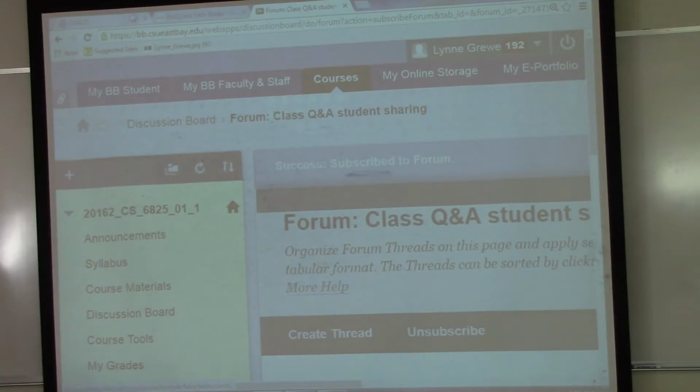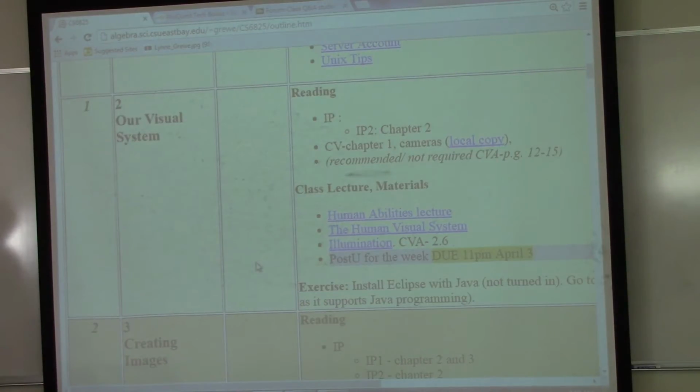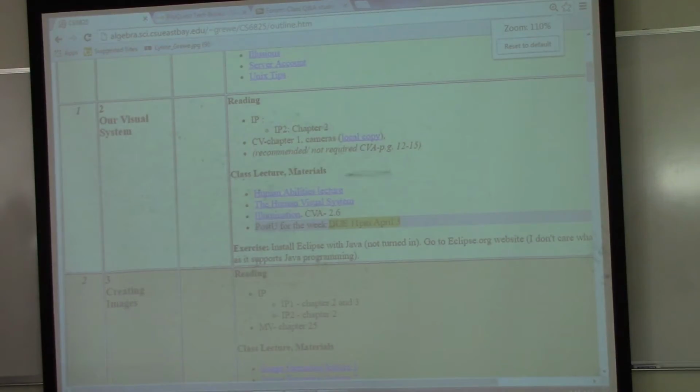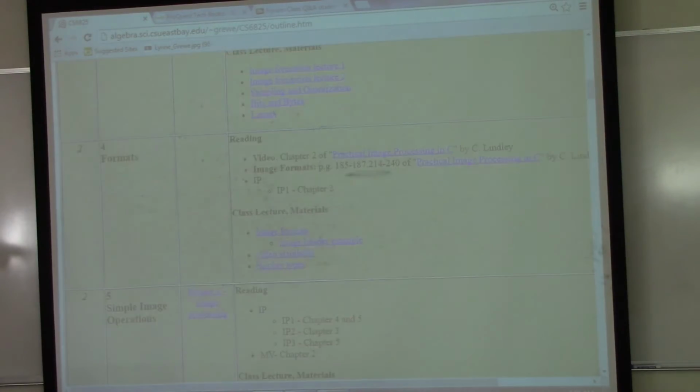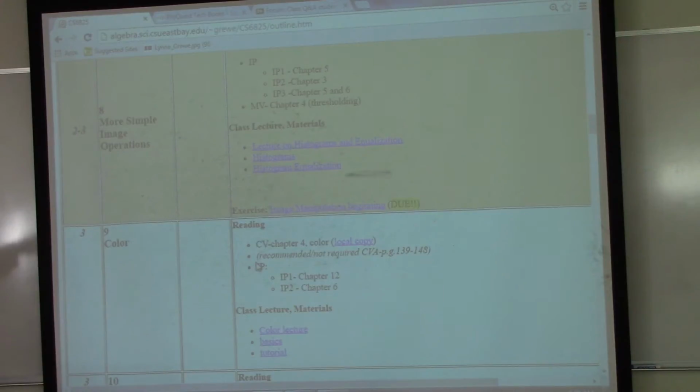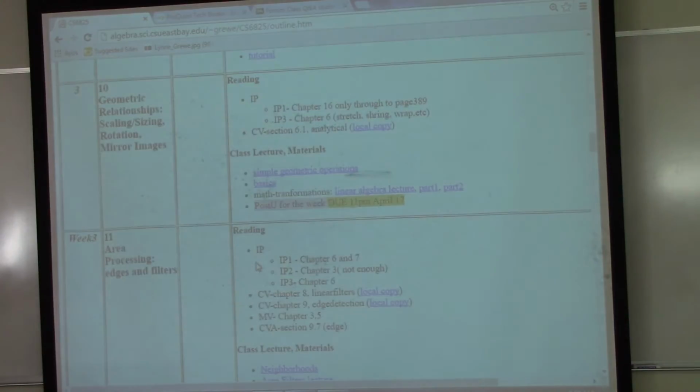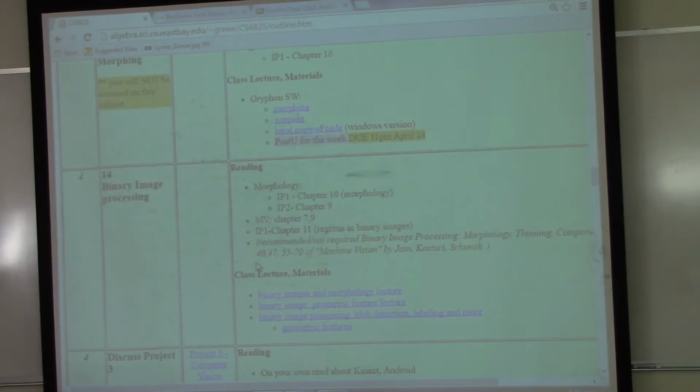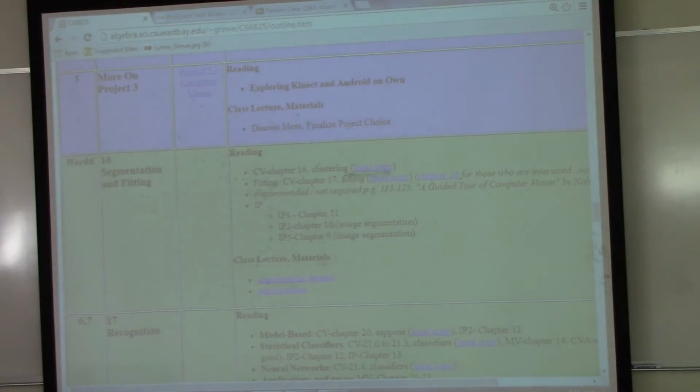Okay, let's go back to the outline. I'm going to zoom down to show you this table again. So you notice that the colors changed. That's just to help indicate a week change. Colors don't really mean anything beyond that. So here's week 3, it's blue. Week 4 is green. Week 5 is purple.